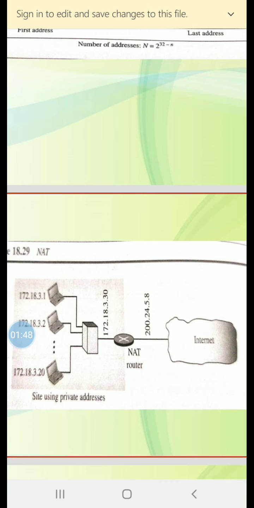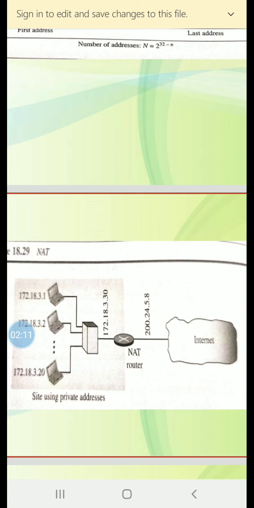When there is a translation table, it has only two columns: private address and external address. When the router translates the source address of the outgoing packet, it also makes note of the destination address where the packet is going.